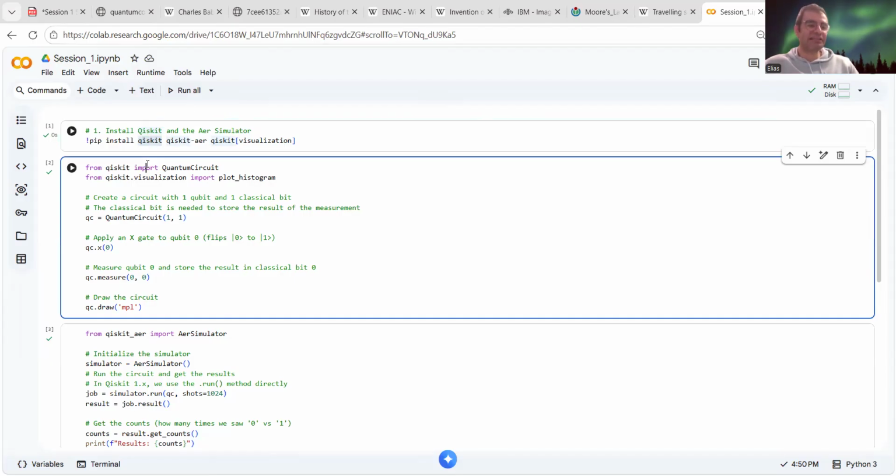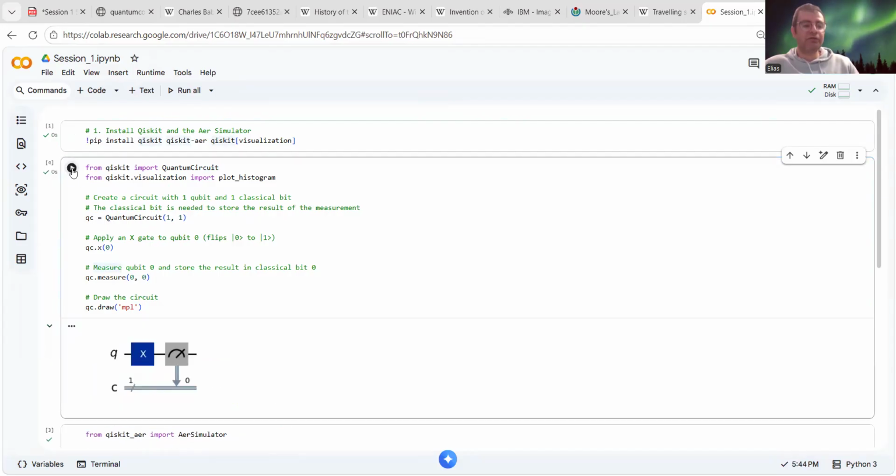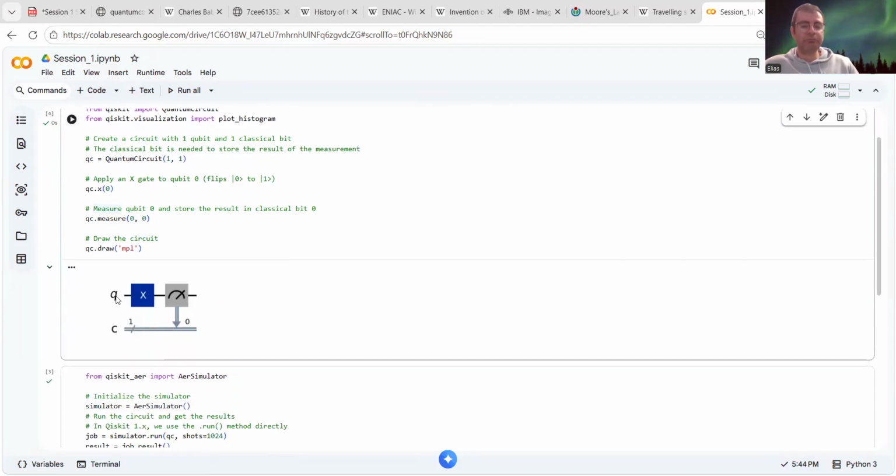So here, with Qiskit, I just need to install the Qiskit library. And now I have this command, QuantumCircuit(1, 1). That is just creating one quantum bit and one classical bit. So now if I run this, you see I have one quantum bit and one classical bit. This classical bit I need for storing the result at the end. But of course, I'm doing everything on the quantum bits.